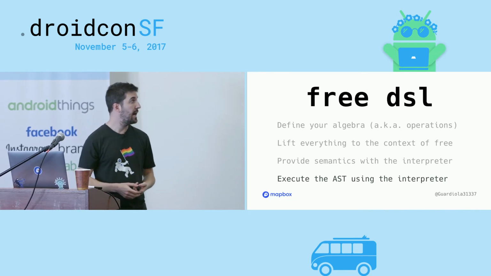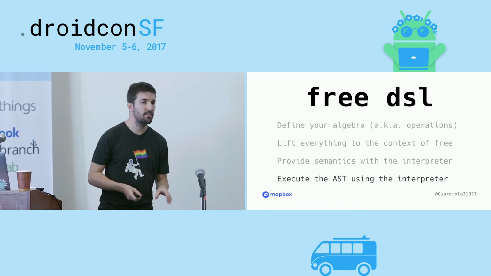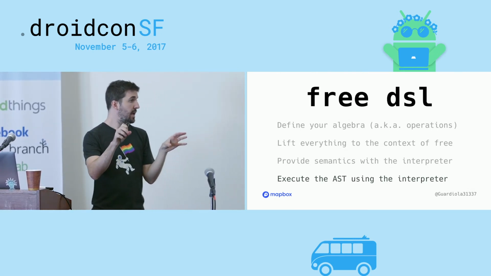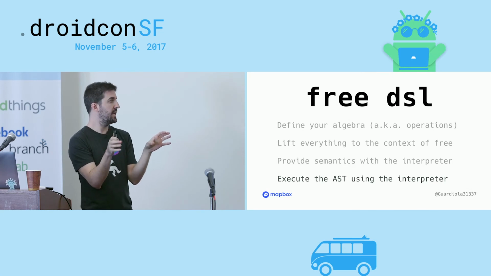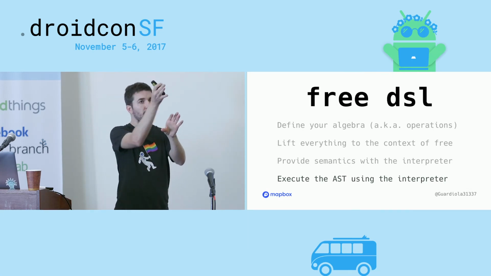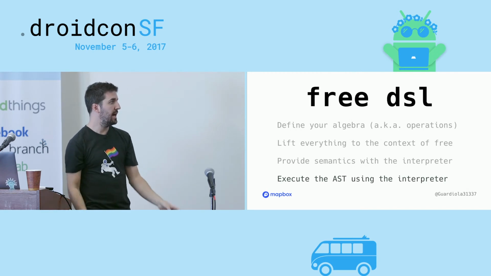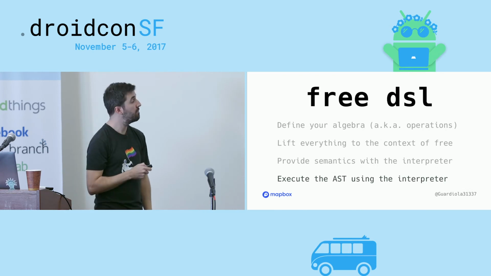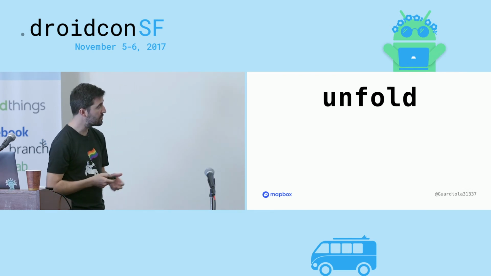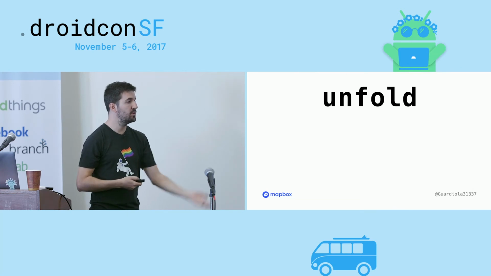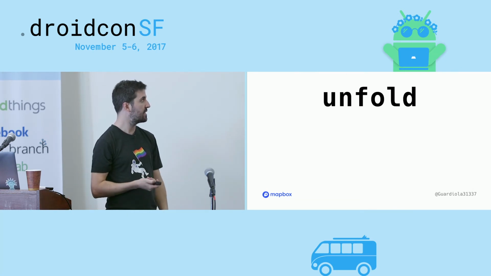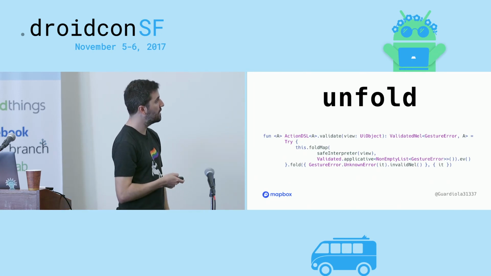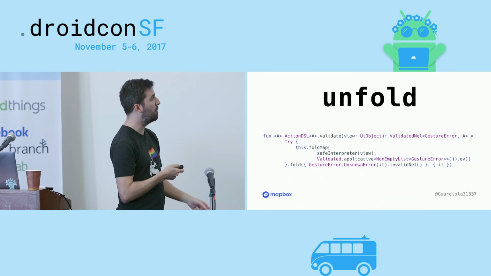And finally, as I told you, we have the algebra, which is an abstract syntax tree, and then we have an interpreter. The only thing missing is how we traverse this tree and get the results. So this is the last step that you need to take, which is we want to unfold the abstract syntax tree, and then we are validating here that, as I told you,